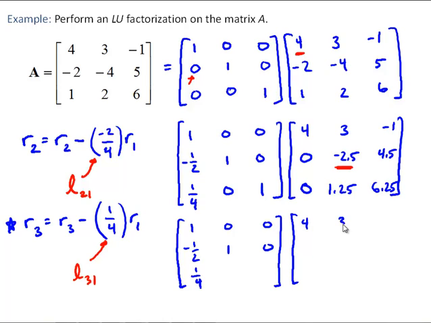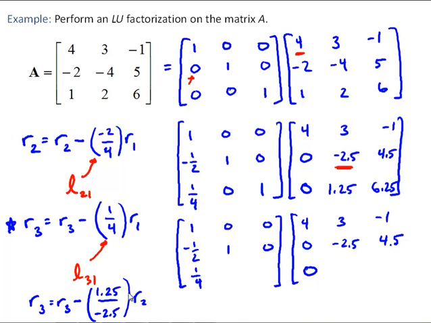And this is 4, 3, minus 1, 0, negative 2.5, 4.5, 0, and then our elimination factor now will be row 3 is equal to row 3 minus, and this is going to be 1.25 divided by negative 2.5 times row 2, and again that's just a negative 1/2. So negative 1/2,